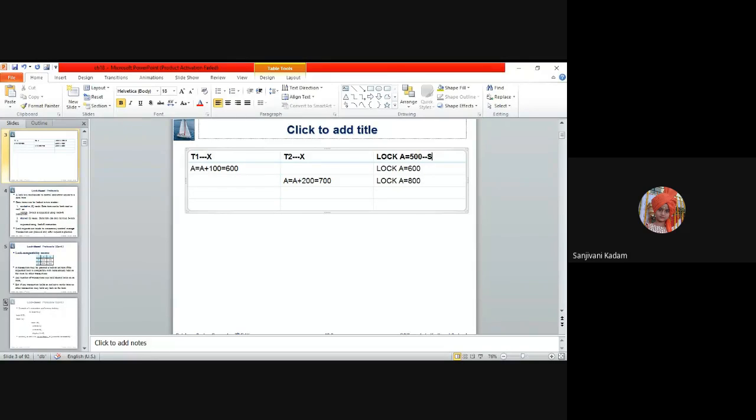So this is how the concurrency control manager works. Let me know if I answered your question. Okay.